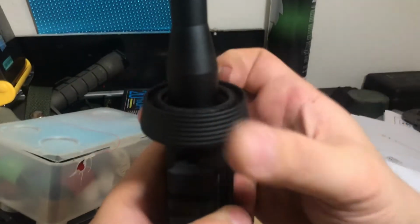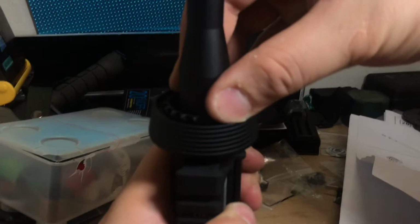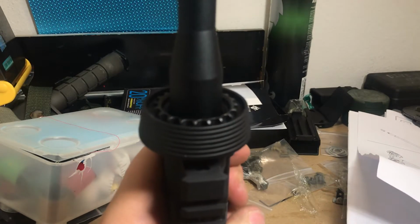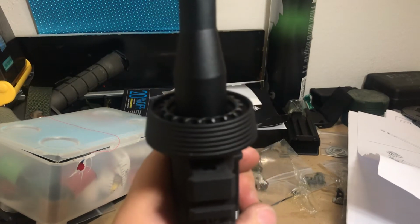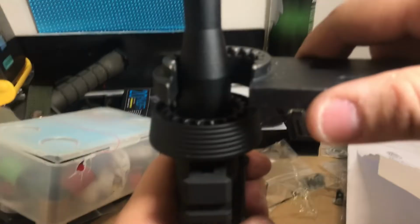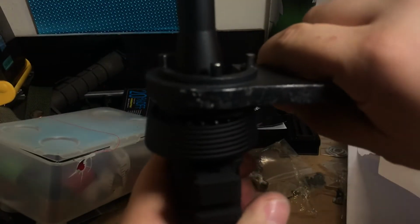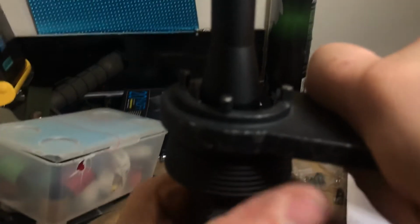Now, you can spin it with the D-ring, but just remember, the D-ring is actually only held on with a spring. So to actually torque and tighten this down, this is where the AR wrench is useful once again. So what you do is you line it up. These prongs right here, or you can use these. I tend to use these because they're a little bit longer, so you don't have to push down on the D-ring. If you use this side, you have to not only push down the D-ring or hold the D-ring down. So you can use that side, but I tend to like to use, well,